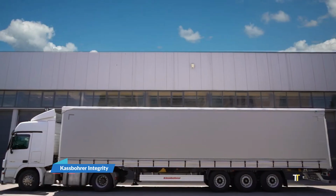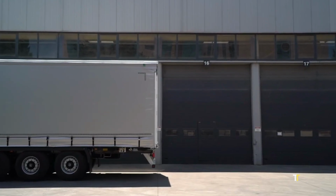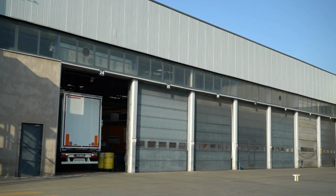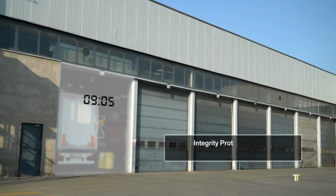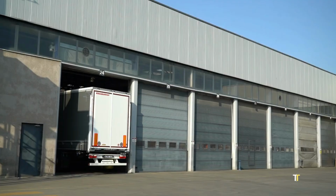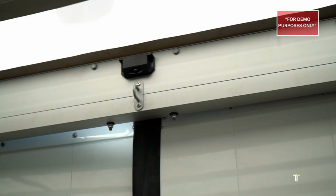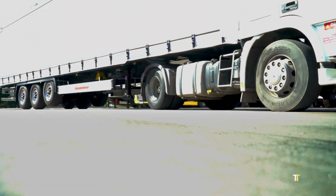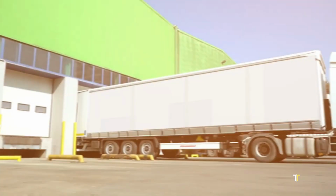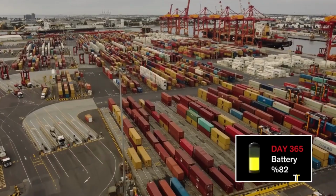The Kespor Integrity Protection Device is designed to safeguard fuel and liquid cargo transport. This system prevents theft, tampering, and contamination during transit, ensuring cargo reaches its destination safely. Equipped with sensors and secure locking technology, it provides real-time monitoring for fleet managers. Especially vital in high-risk regions, the device guarantees trust, safety, and efficiency in logistics operations, making it a game-changer in